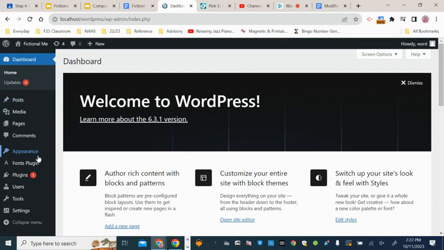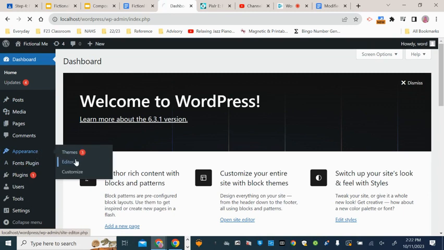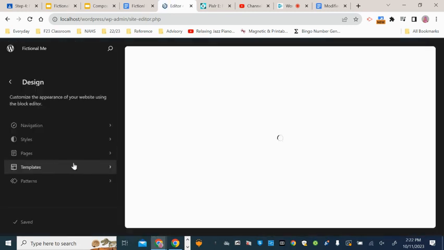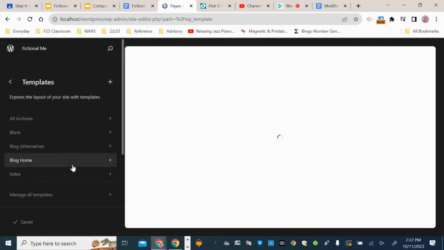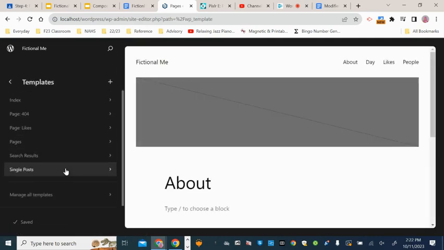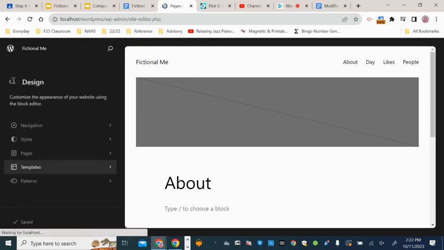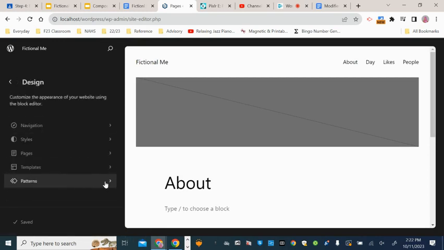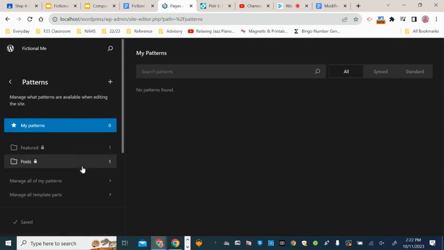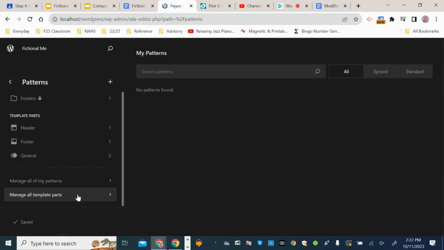So the way you do that, assuming you're in a nice editable theme, like this is 2023, going to Appearance, going to go to my editor. I'm going to go to my patterns or template. If you go to templates, you can get there also. So these are your template parts. You want to go to template parts, which I think is under patterns. All right, so patterns. So manage all template parts over here,